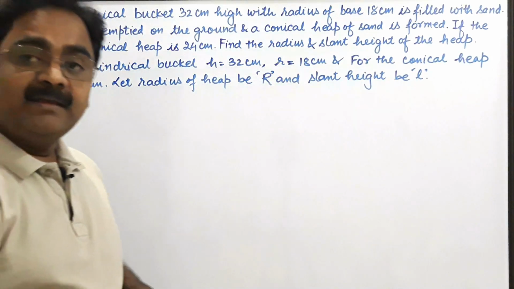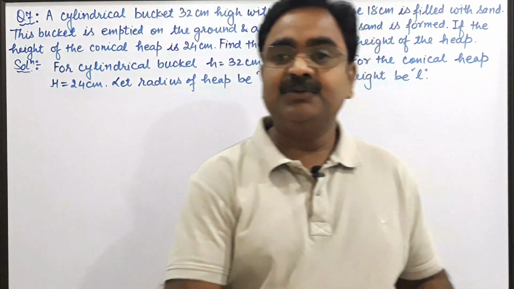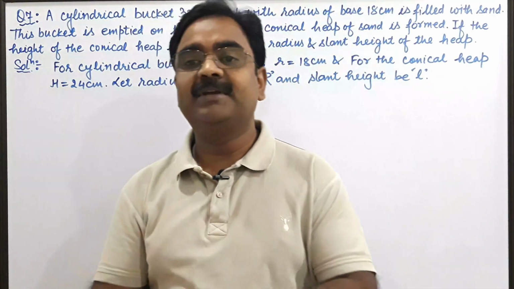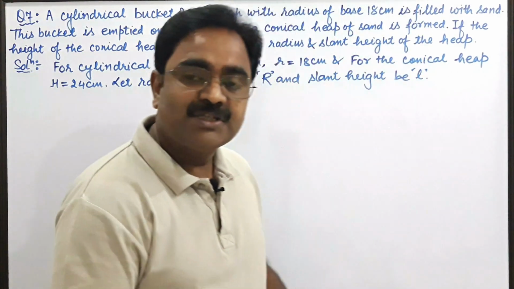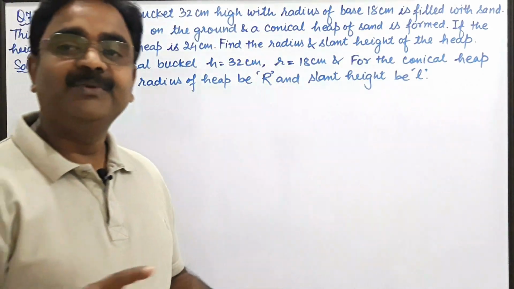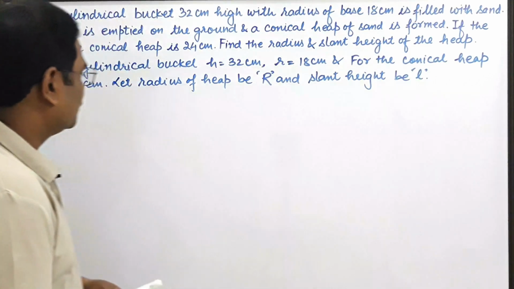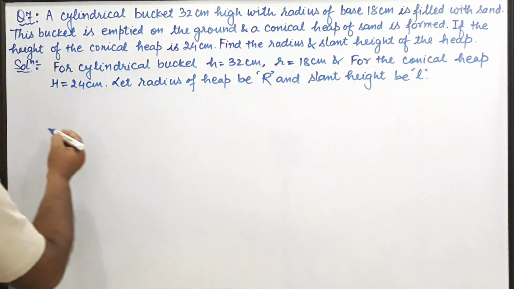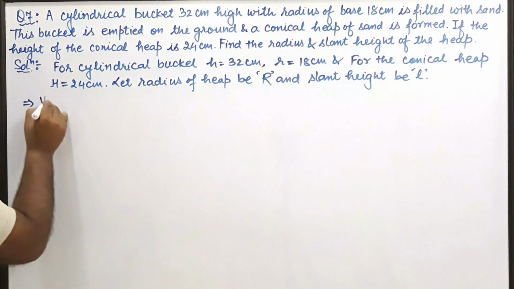So here in this question a cylindrical shape is going to be reformed in the shape of cone. So by the concept of conversion of solid from one shape to another, we know that their volumes will be equal. So therefore according to the conversion of solid from one shape to another, we have to apply the concept